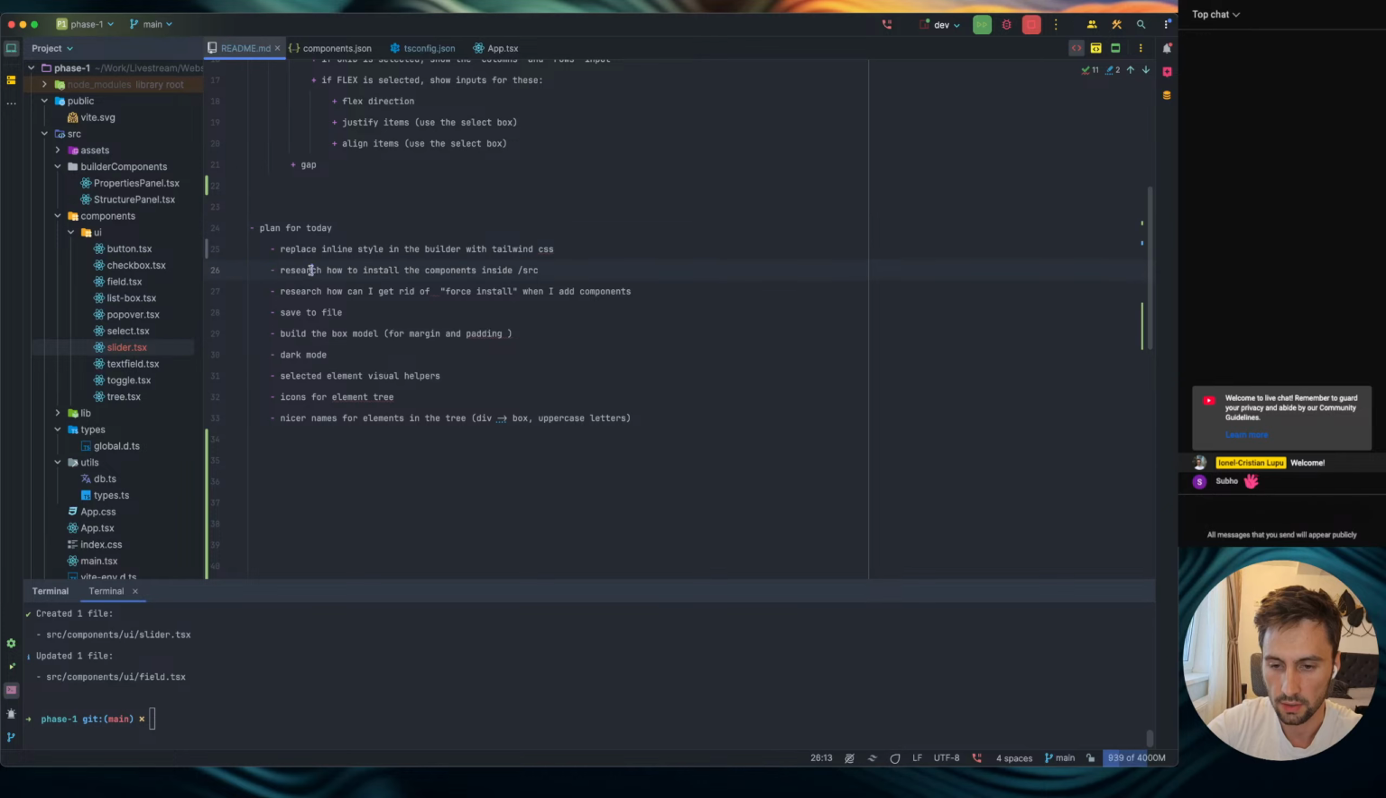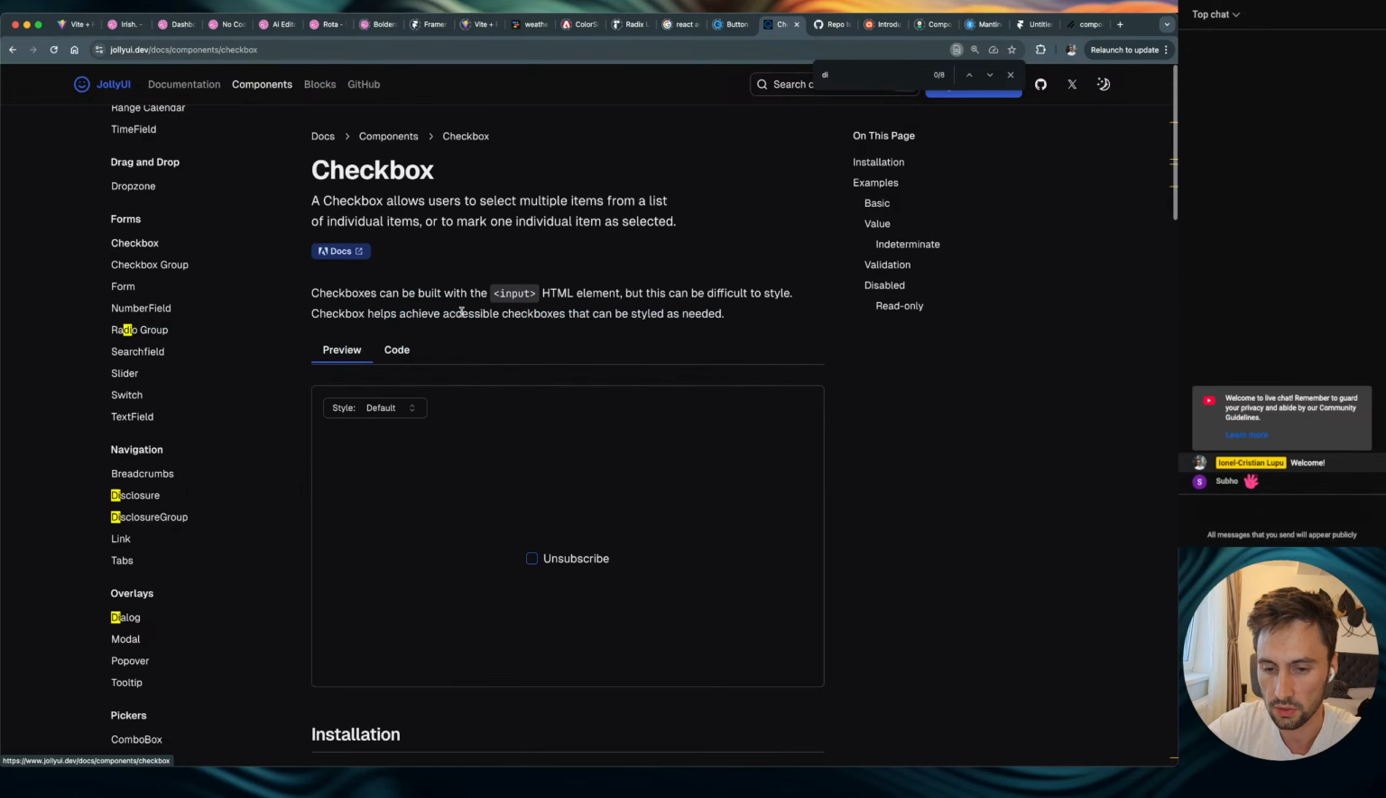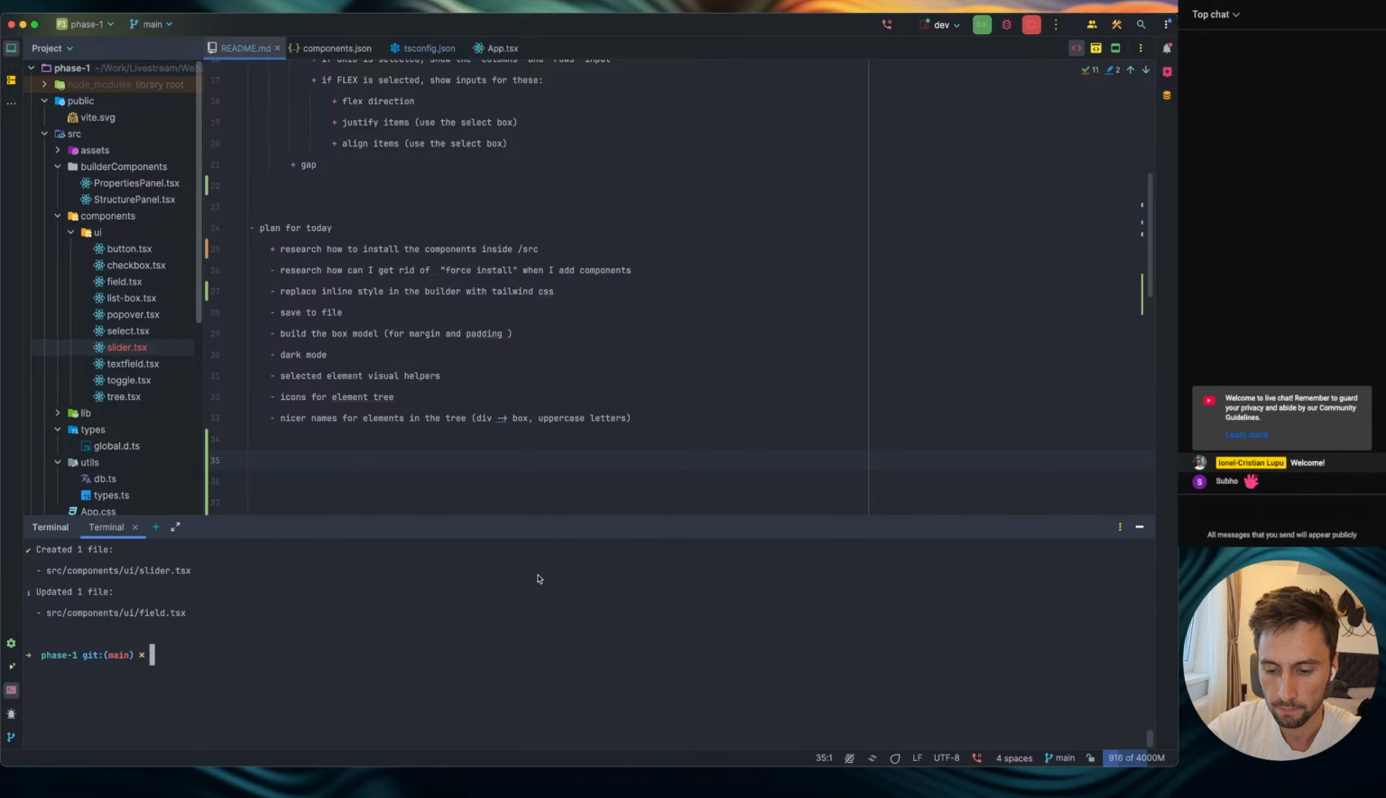Cool. Alright, so I did the research, and I fixed this off stream really quickly. Oh, I read also about the force install thing. So if I go to install a component, let me show you the error. Let's install this checkbox. If I go to install the checkbox, it prompts me,